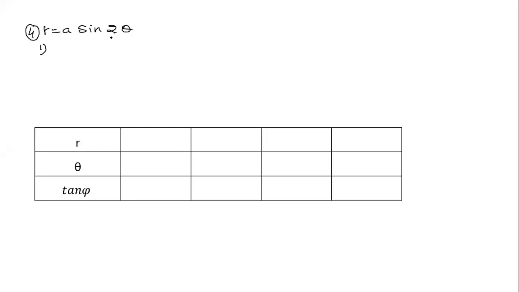but I think that instead of property 2, property 3 is going to be better. What is property 3? Replace r by minus r and theta by minus theta. The new equation will be minus r equal to a times sine of 2 times minus theta, minus minus cancels, and we are getting the same equation. Property 3 is satisfied, so we say that the curve is symmetric about the vertical axis. Okay.